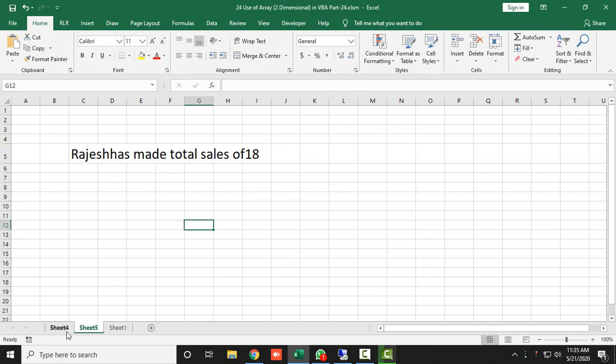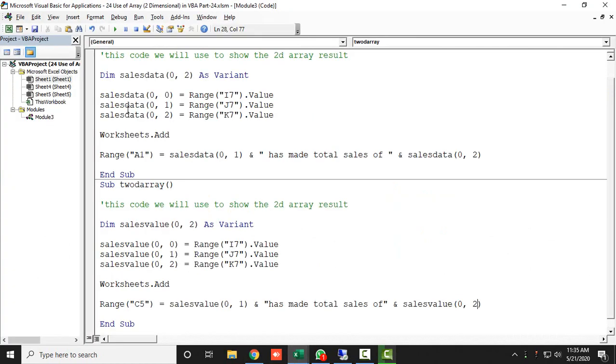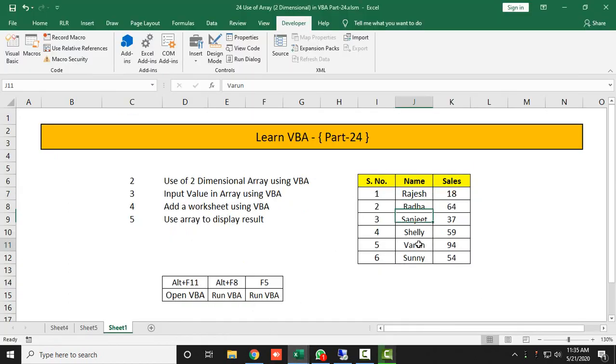Here you can see total sales of 18 and the name is Rajesh. If you want to show any other name's sales, you can just pass the address. Now, if you want to show the result of, let's say, Varun, Varun is in I11, J11 and K11.